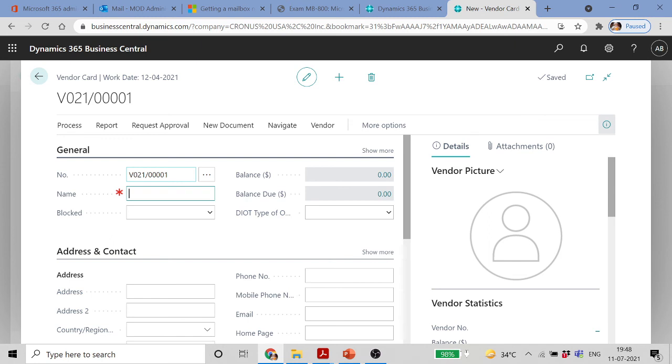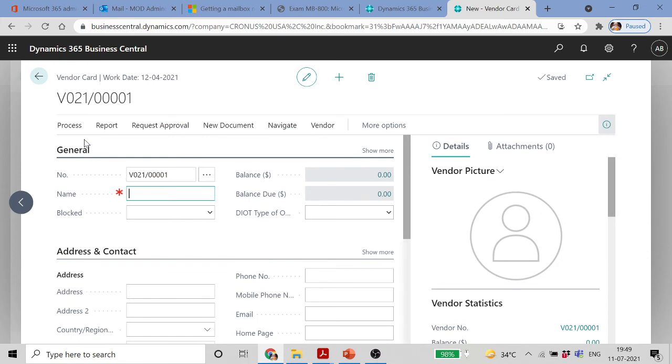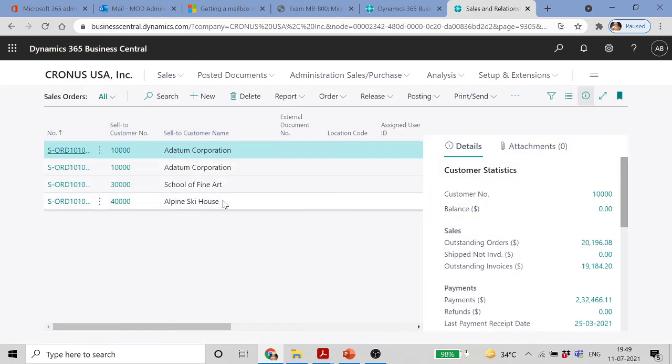So now the number is coming from the number series which I just defined. Number series are applicable for journals, master data, customer, vendor, banks. I think banks, I'm not sure on the bank part, but for general documents or a sales order document, when